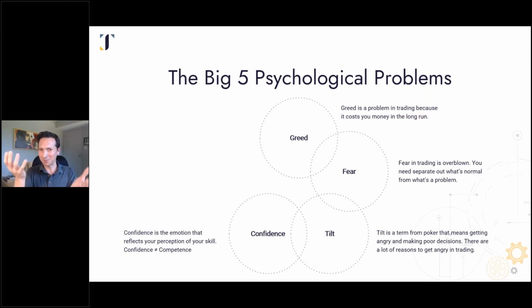So what's the rub here? The rub is confidence is not the most important factor. Confidence is simply your perception of your skill. So here are people who are overestimating their skill, and here are people who are underestimating their skill. Why is this important? You make decisions based on your own perception of what you've got, right? How well does your system interact with the market right now? If you're not feeling it,